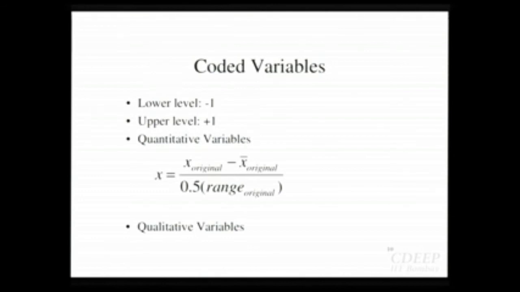This idea is also useful when you sometimes have qualitative variables. For example, in the chemical industry we work with catalysts. There are two different manufacturers of catalysts. Does this catalyst give me a higher yield, or does that catalyst give me a higher yield? I can't put a number to it, it's just two different types of catalysts. So I can call one of them -1, one of them +1.